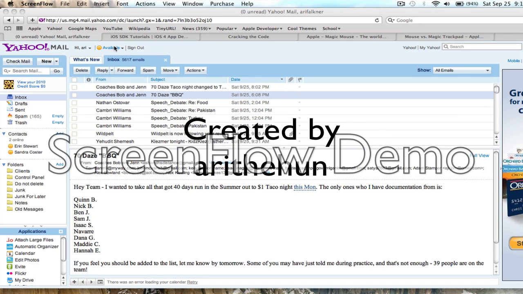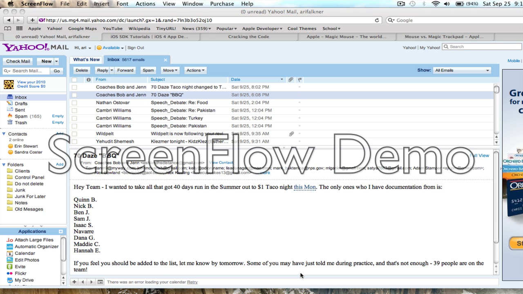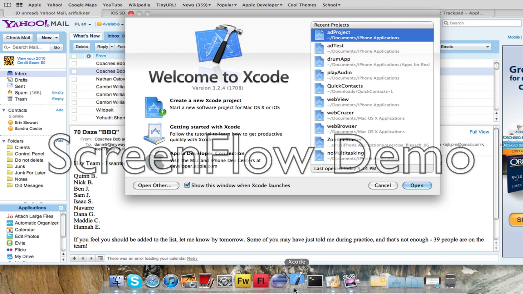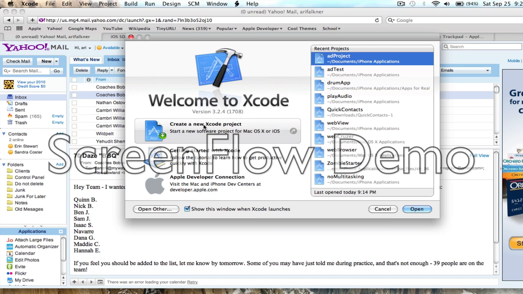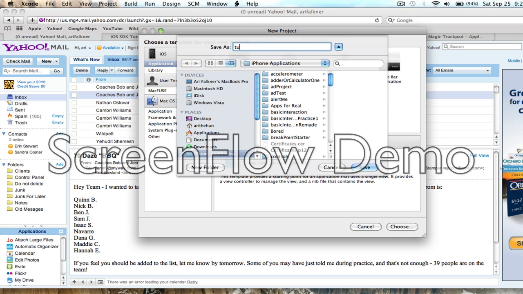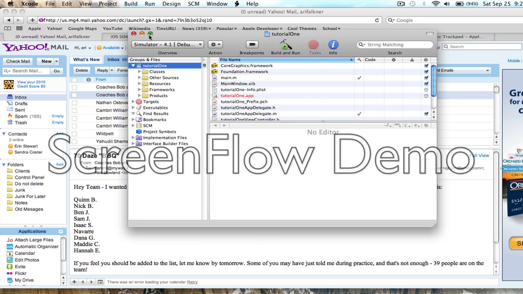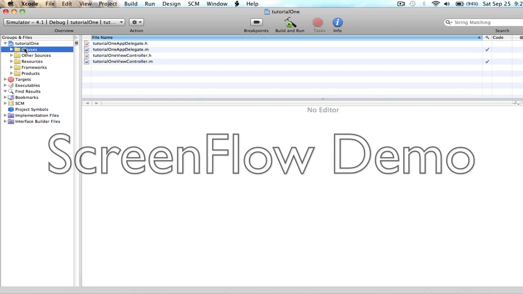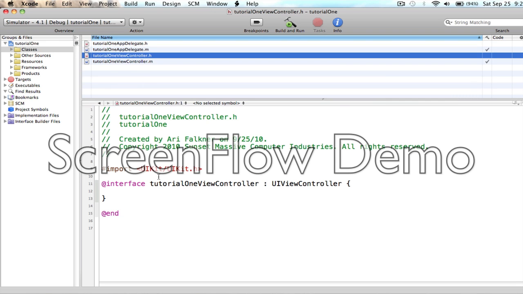Okay, so today I'm going to show you how to make a simple application in Xcode. So we're going to open up Xcode and create a new project and make it view-based, and I'll do tutorial 1. And so we'll start out and maximize that. And so let's go into this view, and what we'll do is we'll